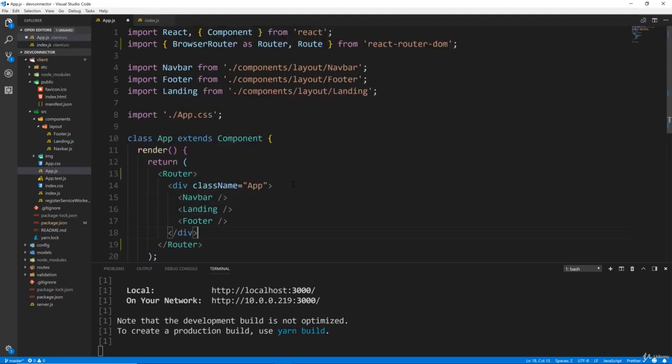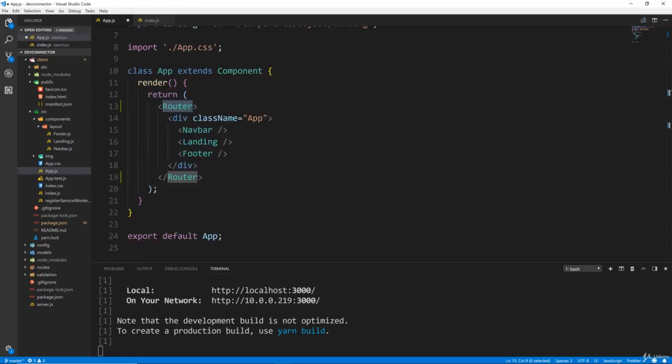Now, if I didn't do the "as router" right here, we would have to put BrowserRouter here, and you might see that sometimes as well. Now, the way we have this set up is the landing is always going to be displayed, and we don't want that. We want a route for the landing, which will be just the index, basically the home page. So instead of landing right here, we're going to use Route,